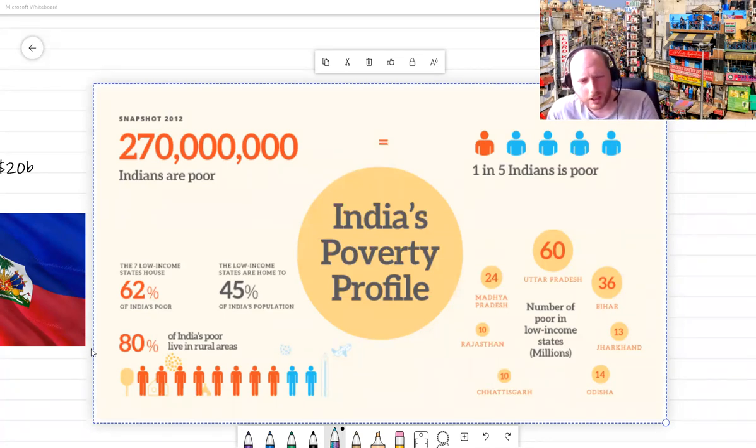If you were to go to India and roam from the countryside into the cities, you would see a lot of difference. Now, you would still see lots of poor people living in the cities too, don't get me wrong. There are shanty towns and things built up around all the major cities, high levels of poverty. But really, the poorest people are those who live out in the countryside with little access to things like broadband or electricity, important stuff like that.